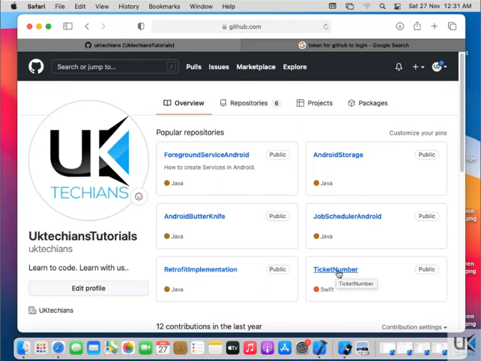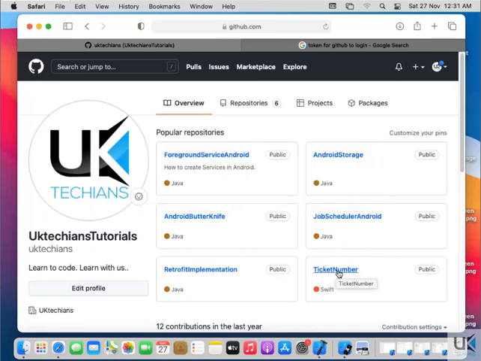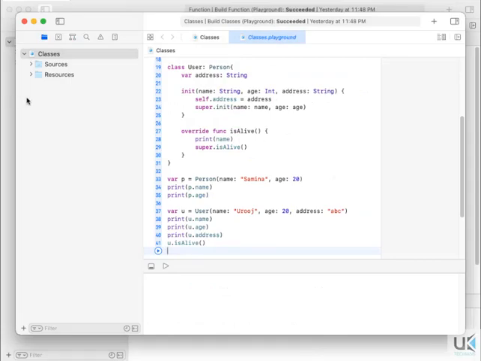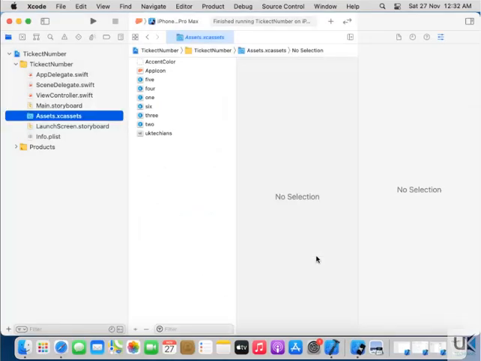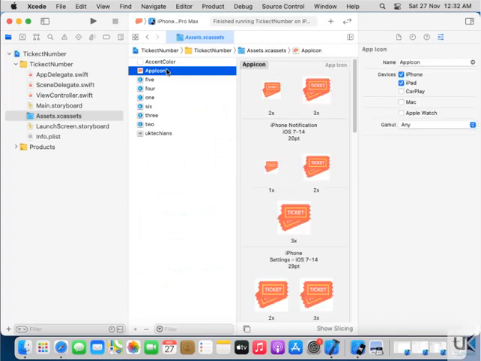The basic application is just to show random numbers that are given in your project. I have created the assets and logo also. Let me show you. These are the images and icons I have created in this project.